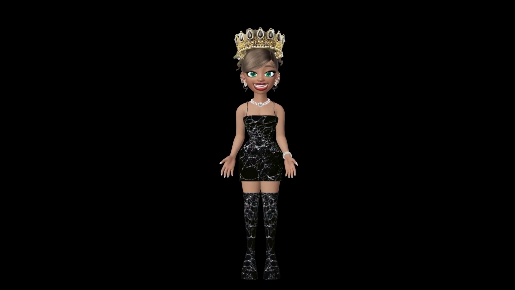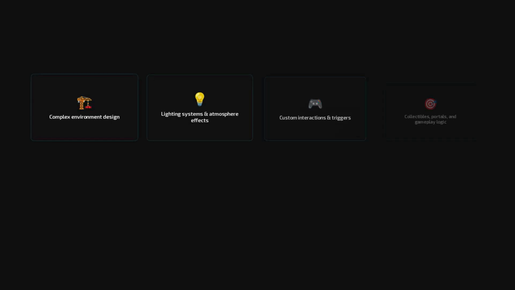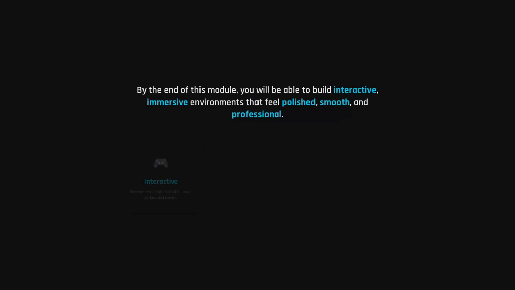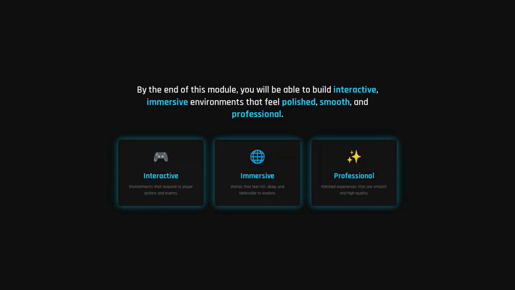Today, you'll learn advanced techniques used by professional world builders, including complex environment design, lighting systems and atmosphere effects, custom integrations and triggers, collectibles, portals, and gameplay logic, optimization for performance, navigation meshes, and pathfinding, sound effects and animation integration, testing, polishing, and publishing high-quality worlds. By the end of this module, you will be able to build interactive, immersive environments that feel polished, smooth, and